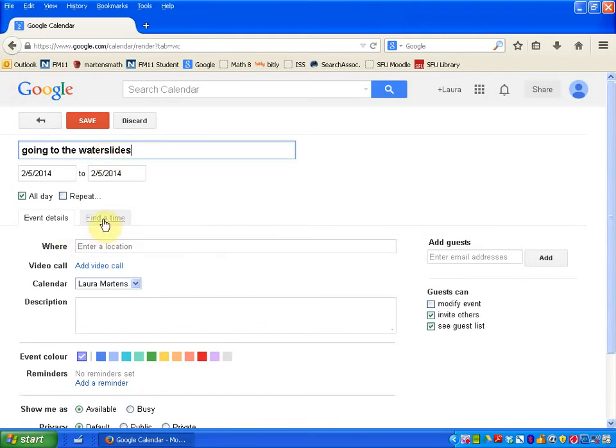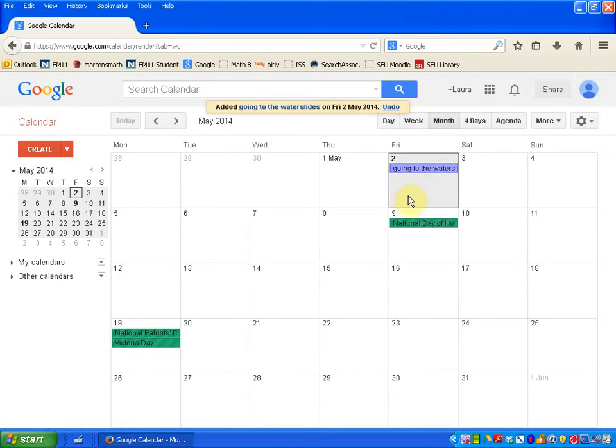You can also set times in there if you'd like to. There's all sorts of different things you can do in here. You can add a description. Here we go, bring your towel and sunscreen. So there we go. I'm just going to save that event and show you that this is now embedded in